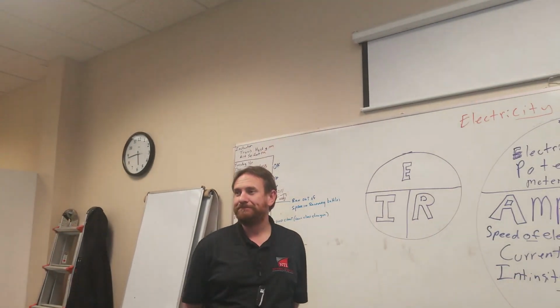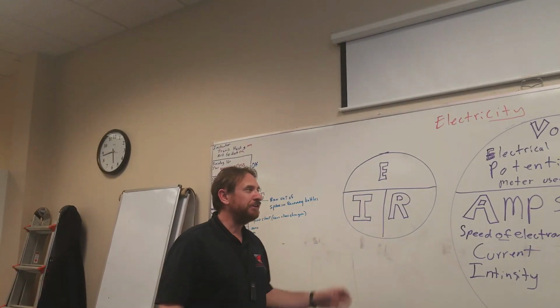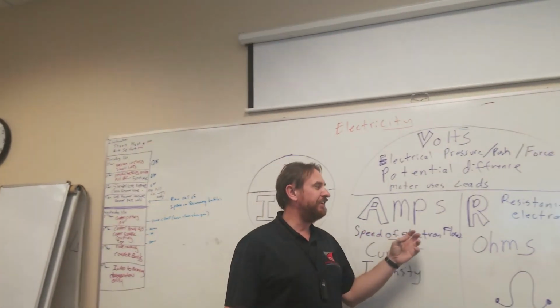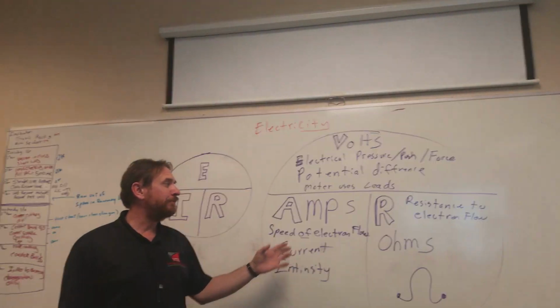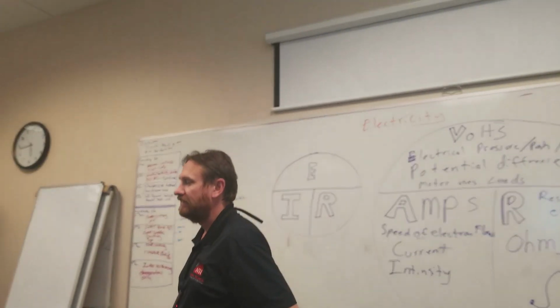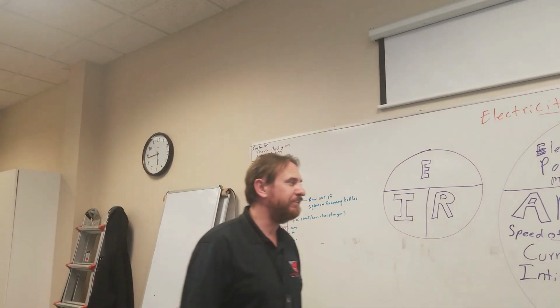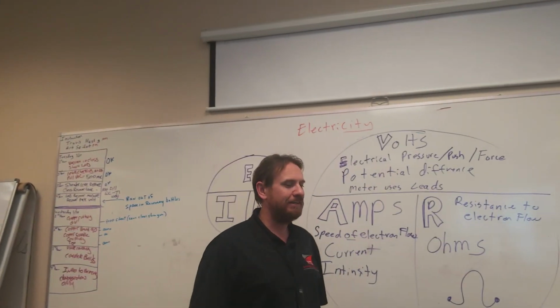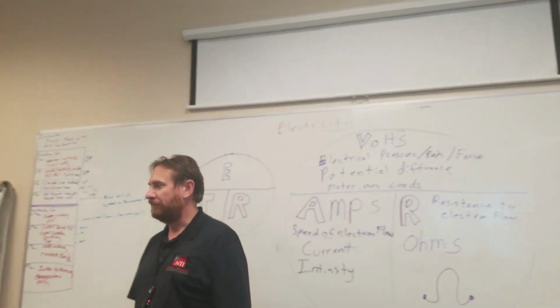So far, so good? So volts is electrical pressure. R is the resistance to electron flow. And amps is simply a result of my volts and my resistance. Now resistance, what we use in resistance a lot of times is going to be our loads. So for example,